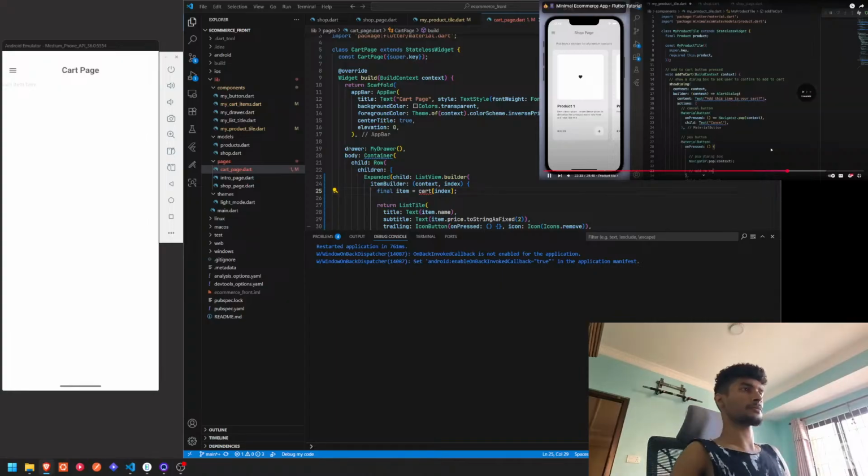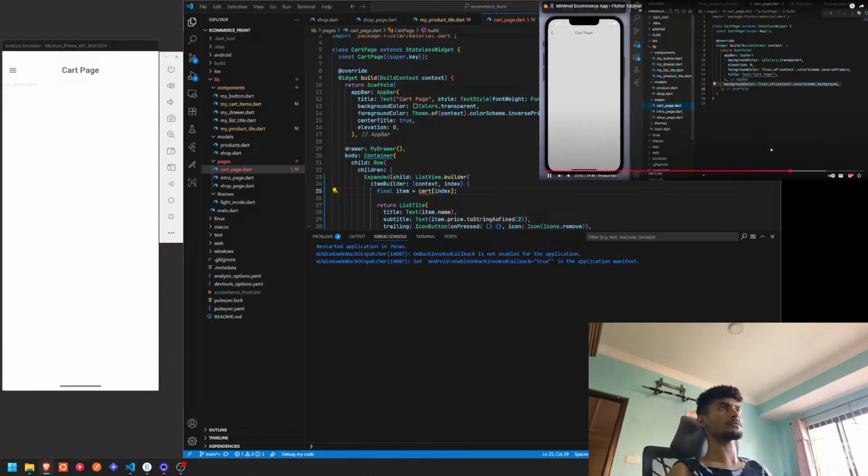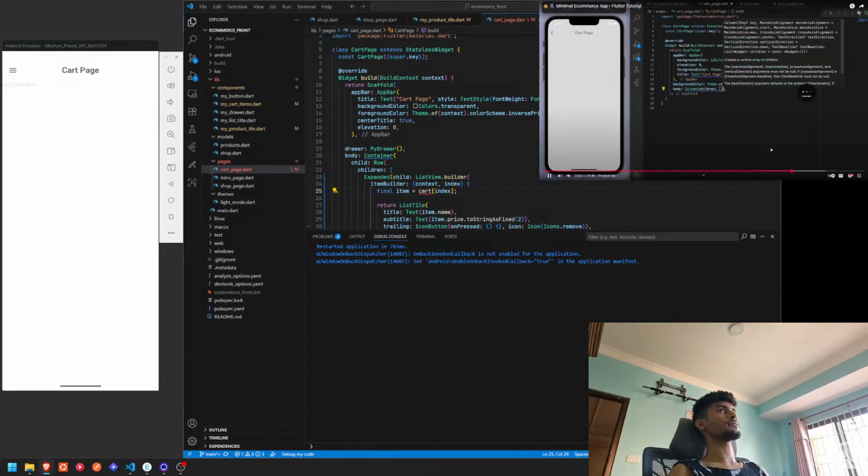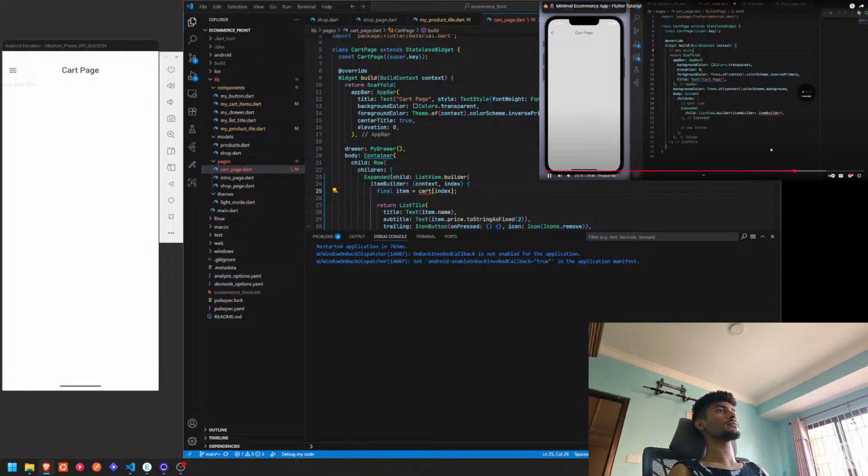So finally, it's still empty because we didn't fill it out. Have a cup at the bottom. It says that